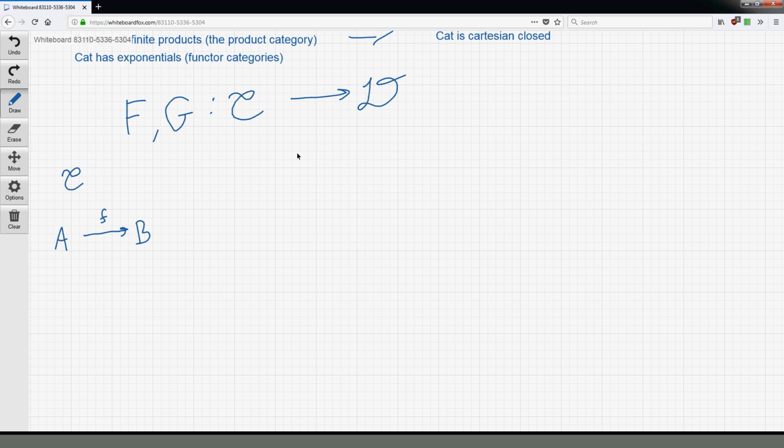I'm not going to bother drawing the circle. I've had trouble with that before. And D over here, we have the images of these two functors. So we have F